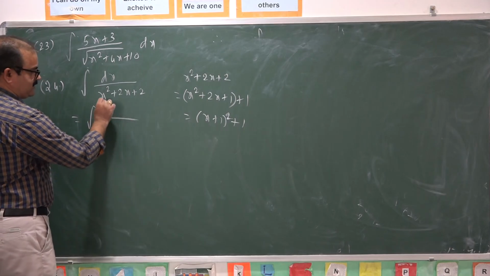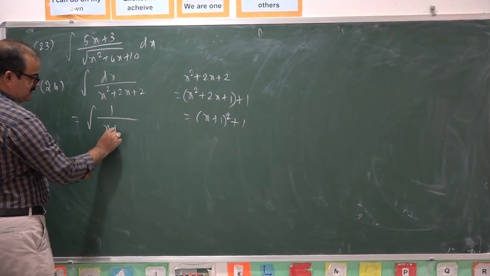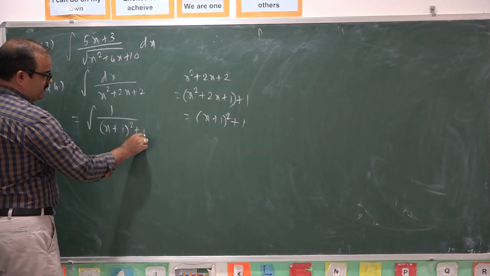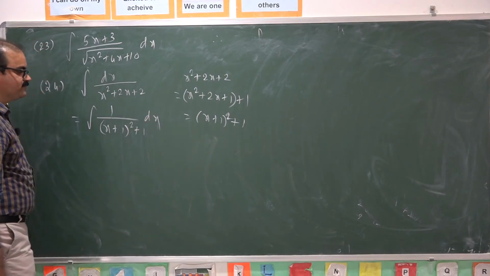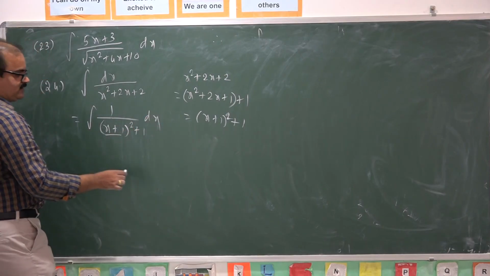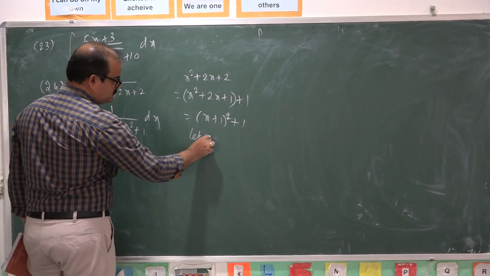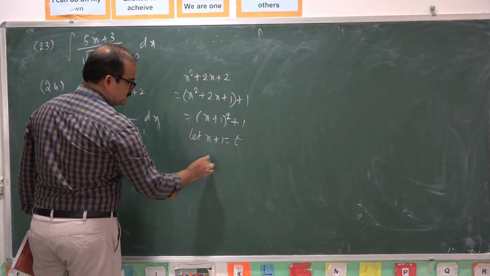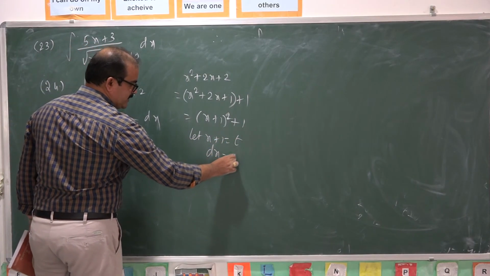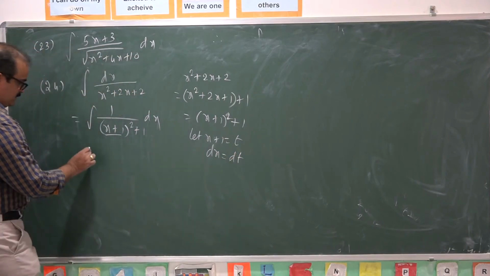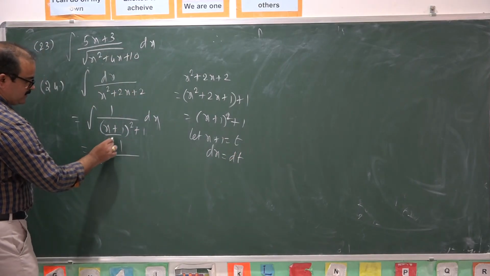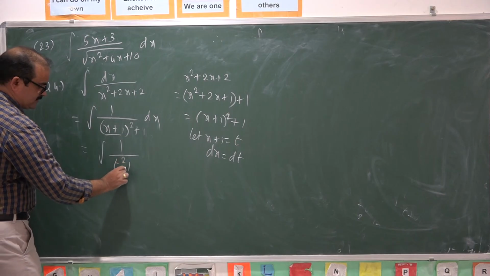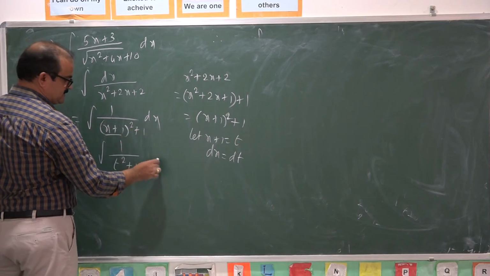Integral 1 by denominator is taken as x plus 1 whole square plus 1 into dx. Now take x plus 1 is equal to t. Taking derivative, dx is equal to dt. So it becomes integral 1 by t square plus 1 into